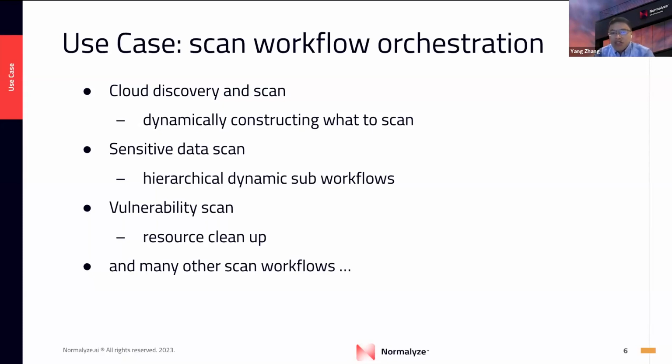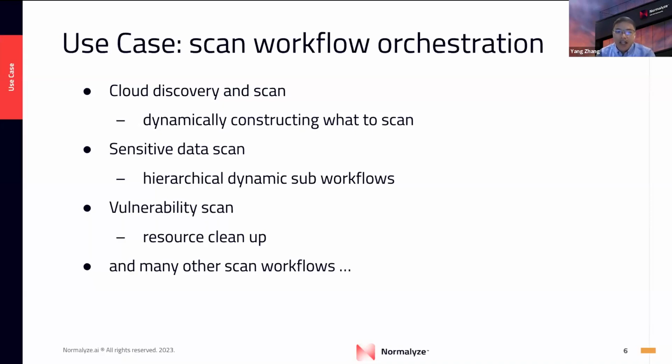So once all setup is verified, then we can execute a sub workflow to run the scan and subsequently aggregate the results and report them back to our Normalize backend. Yeah, so in the next few slides, we're going to show how it works. But here you can get some basic ideas of what kind of use cases we're going to handle, for example,